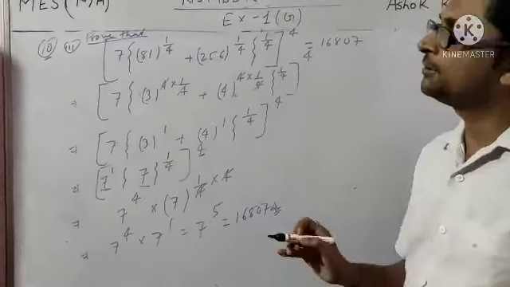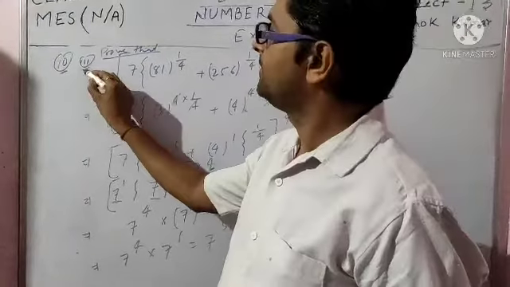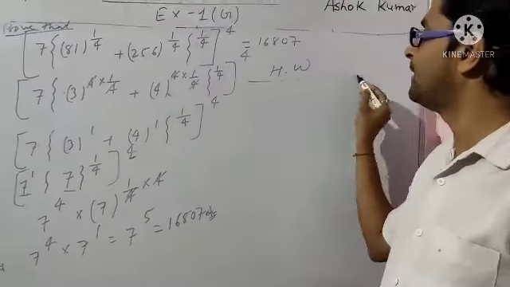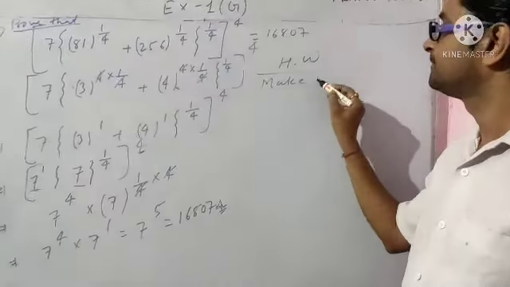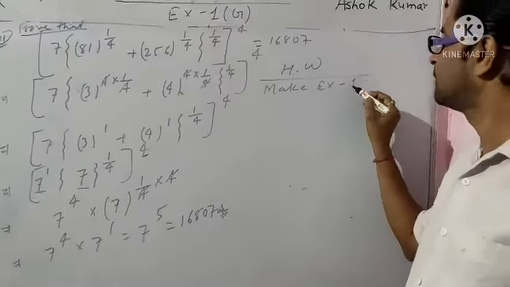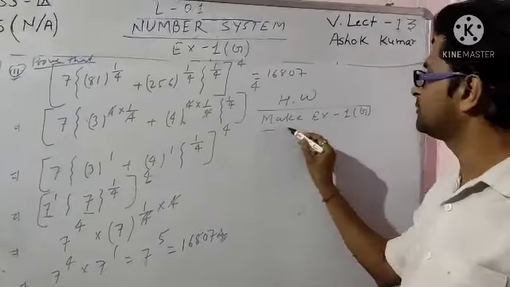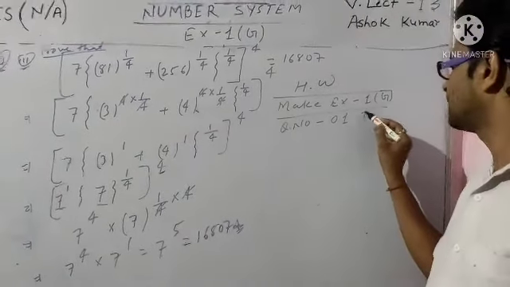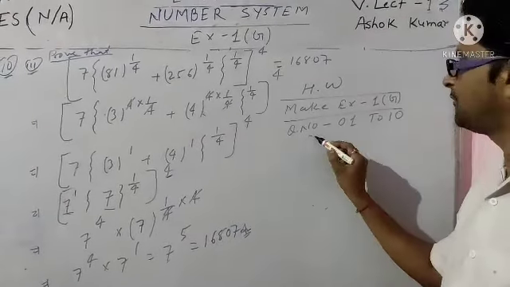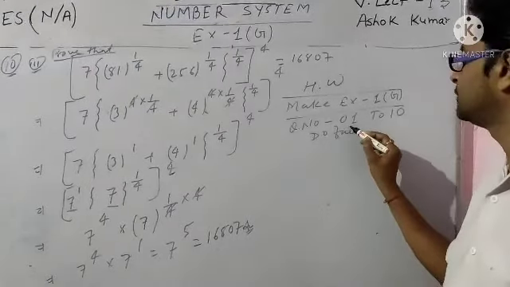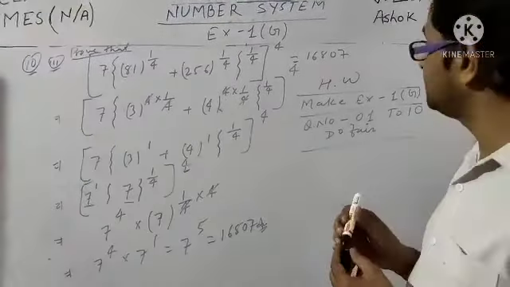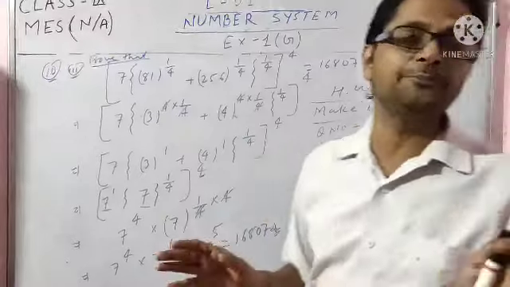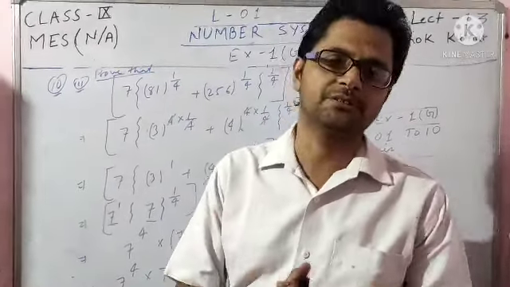Okay student, so that is question 10's 3. I hope you will understand this question. Your homework is to make exercise 1G, question number 1 to 10. Okay student, this is your homework, and do it fair. Okay student, make exercise 1G, question number 1 to 10 and do it fair. If you have any problem, if you have any query, ask the question. Okay student.